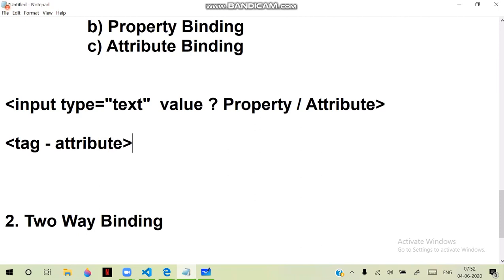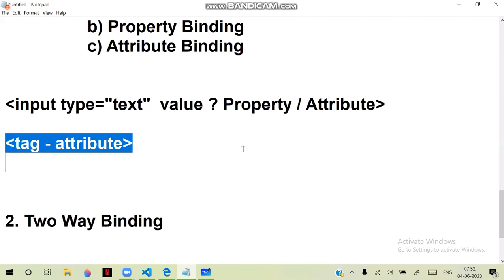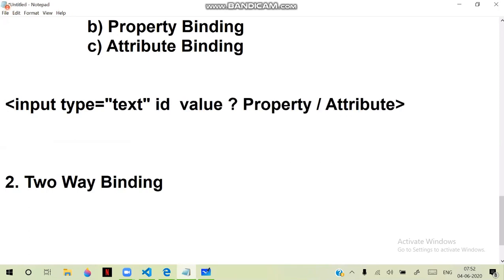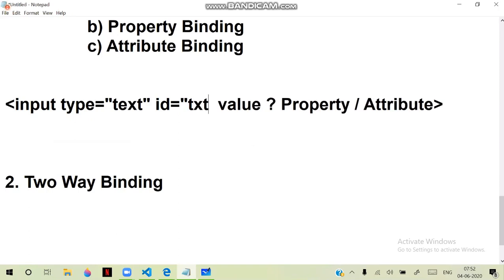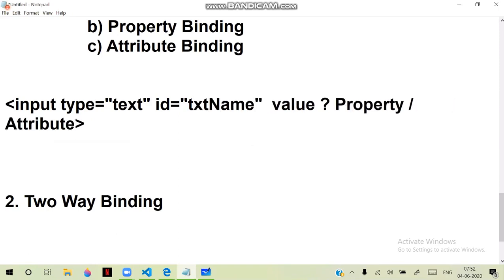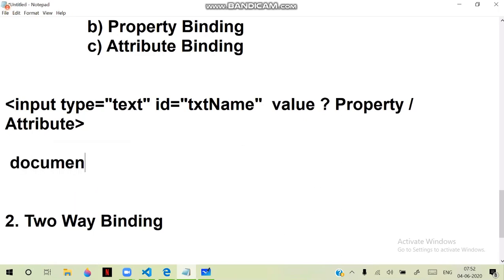They will have attributes. And important is, when you are dynamically handling the text box, for example, this text box has an ID as txtName. That is the ID. Now I am accessing it, document dot get